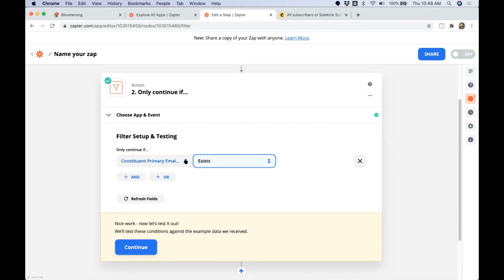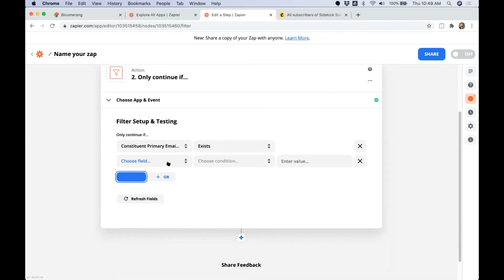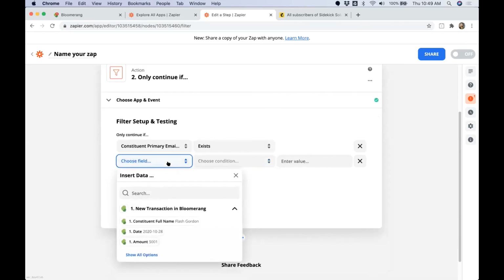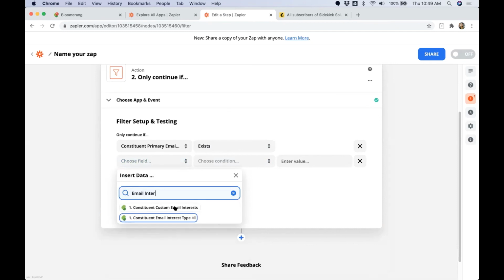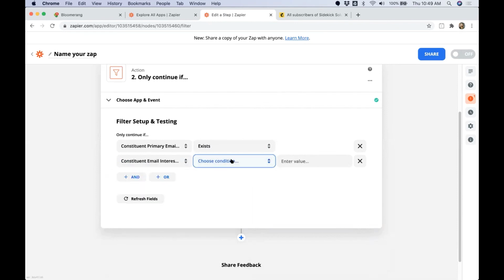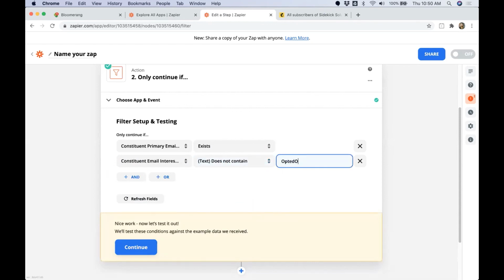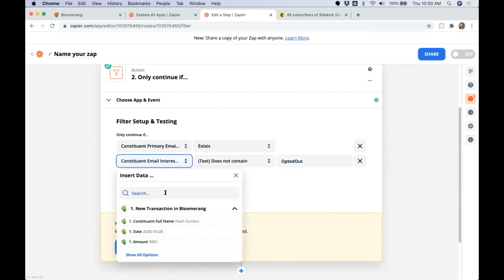So not only does the primary email need to exist, but we also want to make sure that the email interest type, right here, so the custom email interest, email interest type, sorry about that, does not contain, and then we're going to put opted out. So the way that it comes through if a constituent is opted out of emails in Bloomerang is that email interest type